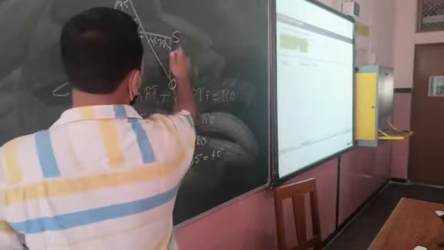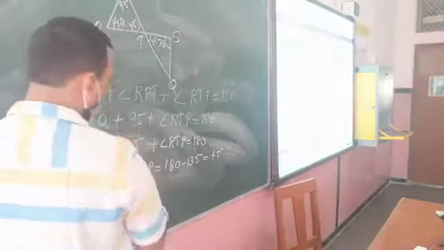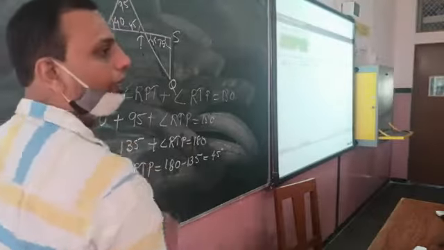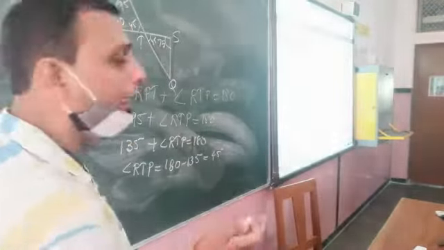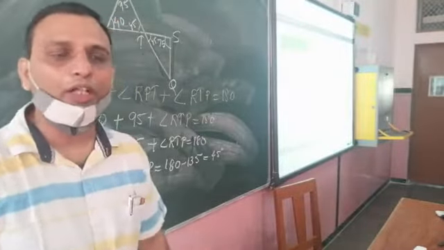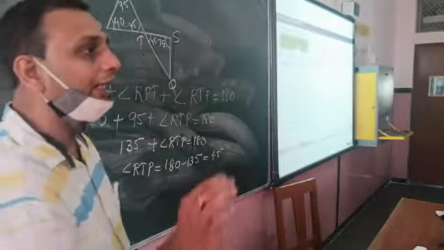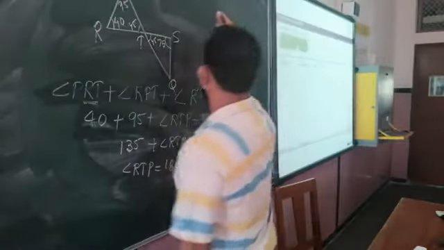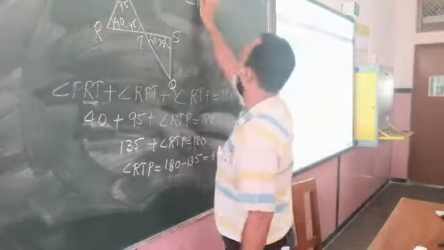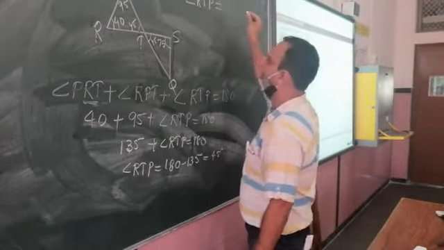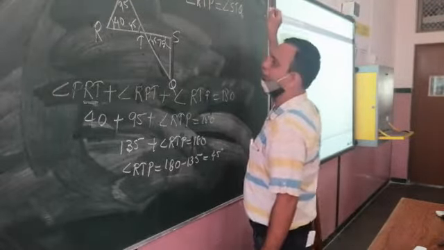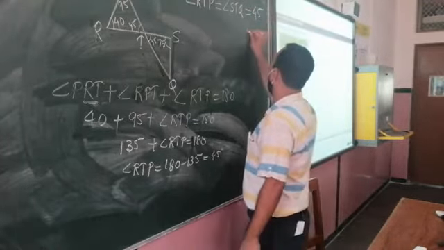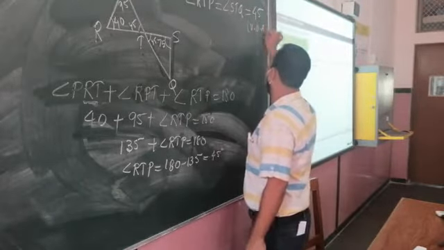Vertically opposite angle. So this angle will be STQ. Which angle? STQ. So can we write RTP equal to STQ? Yes. But never write angle T. Why will we not write angle T here? Because half the part of T is in one triangle and half the part of T is in the other triangle. So never write angle T, because T is divided into two parts. Understood? So we will write here angle RTP equal to angle STQ equal to how much? 45. And in the bracket we write vertically opposite angles.